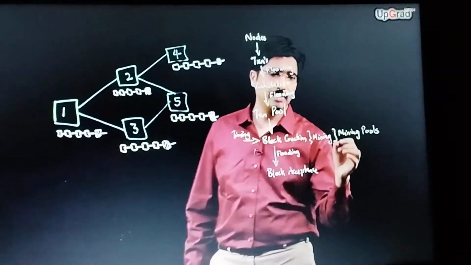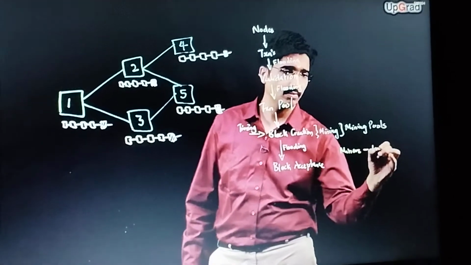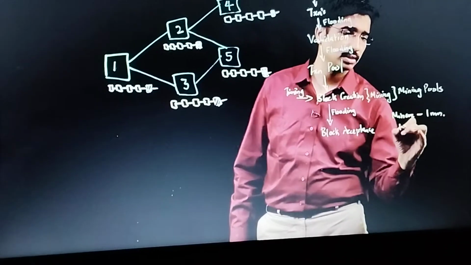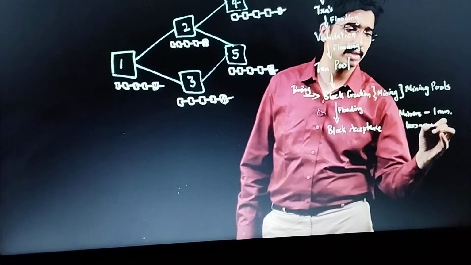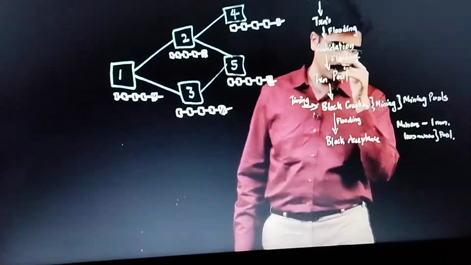So one development which has happened in the market is that, assume that I have 1 million miners in the network. 1,000 miners have come together and formed a pool of miners. Now what will happen if they form a pool of miners? This 1,000 miners